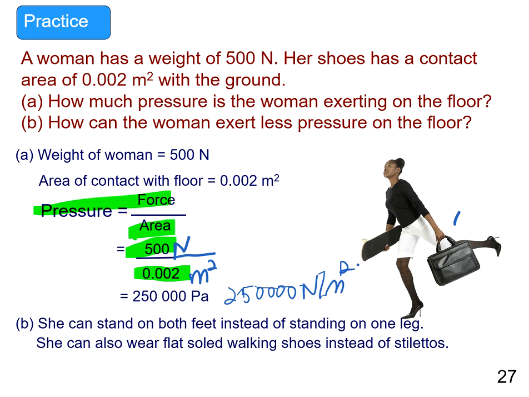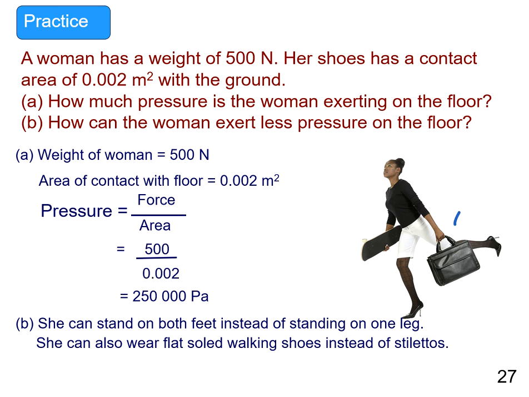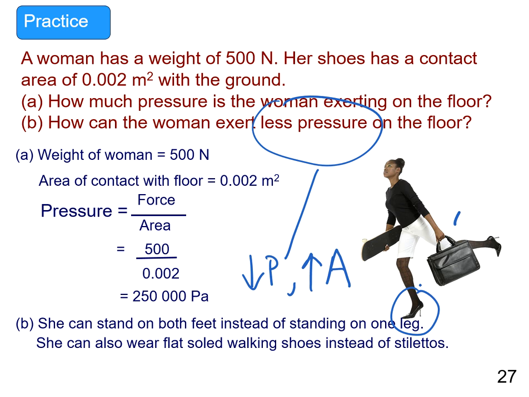And then they ask, how can this woman exert less pressure on the floor? Now we know that pressure depends on force and area. There's no way we can ask the woman to decrease her weight. So if you want to reduce pressure, what you can do is increase the contact area. In this case, this woman is standing with only one foot on the ground. So you can ask this woman to stand with both feet,